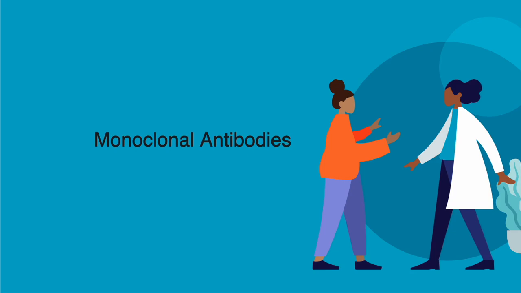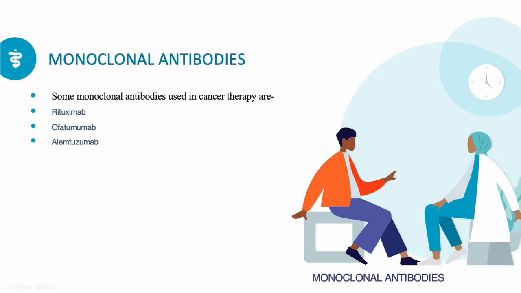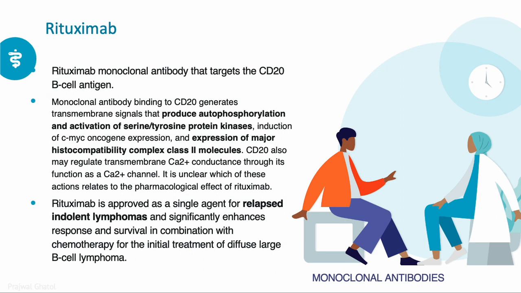Monoclonal antibodies. Various monoclonal antibodies are used as anti-cancer agents for treating cancer. A few of them are rituximab, ofatumumab, and alemtuzumab. Rituximab is a monoclonal antibody that targets the CD20 B cell antigen. Monoclonal